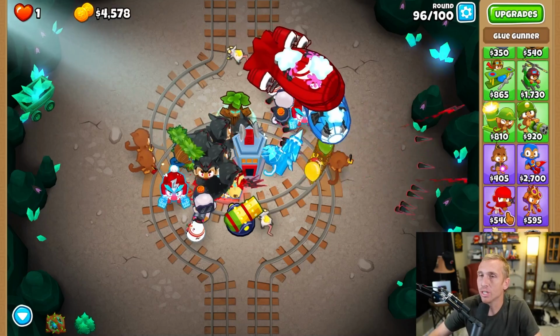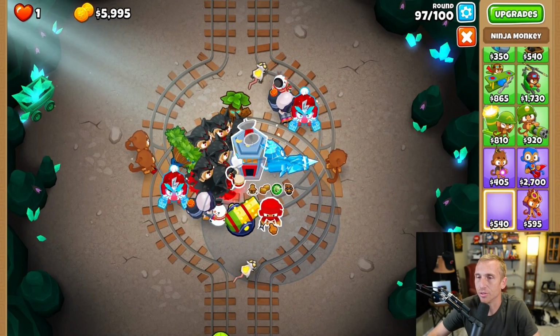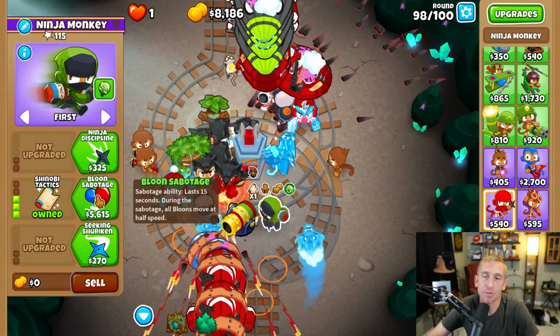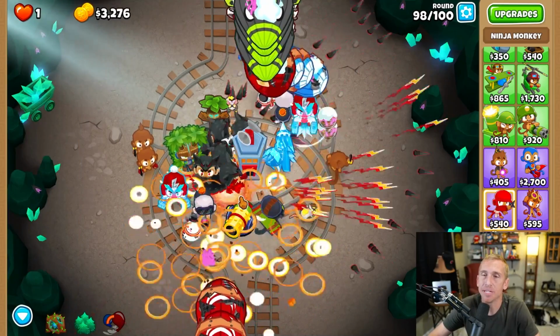At this point, we are good to go and we don't need anything else to win. But what I like to do is grab another little guy here, and get the slowdown machine. Because once we have Bloons Sabotage, we can use it on 98 or 99, whichever one's gonna be harder. But this round is really cool in particular to me on this map, because what's gonna happen is,